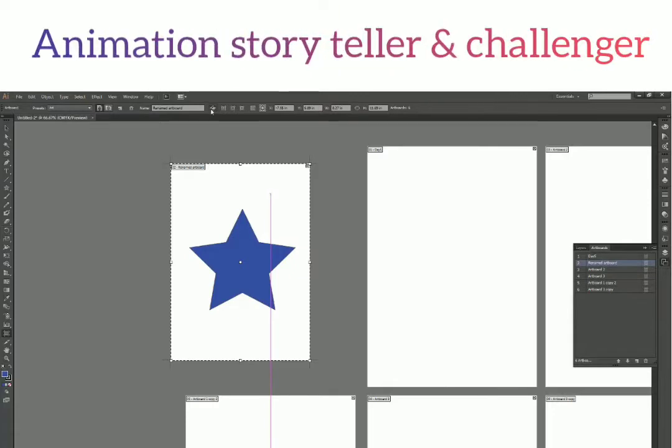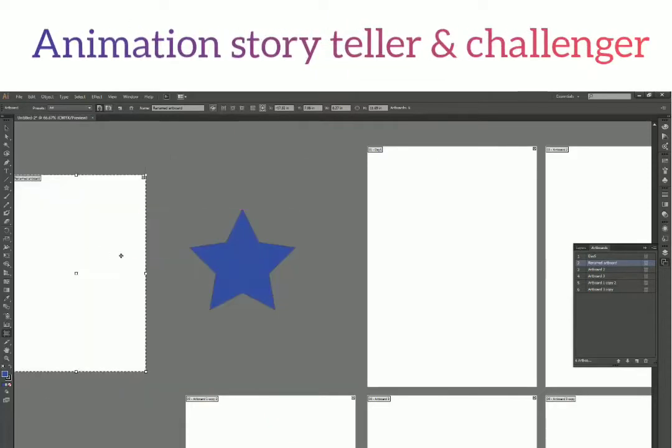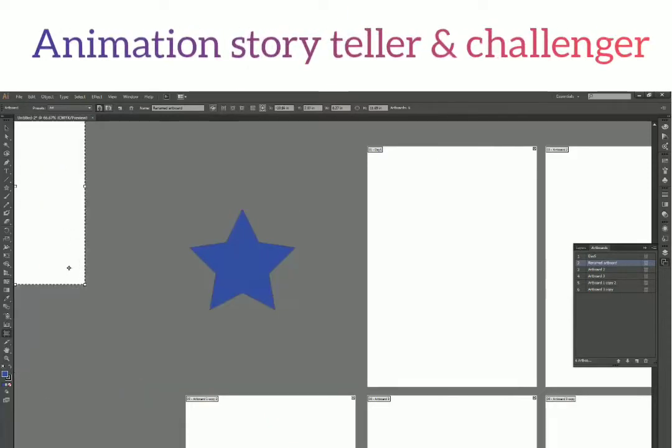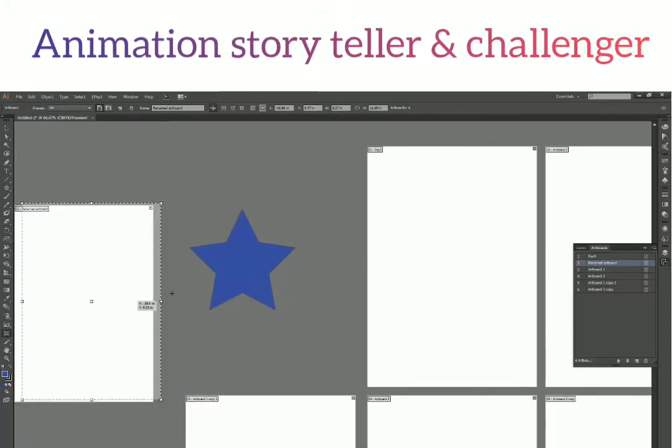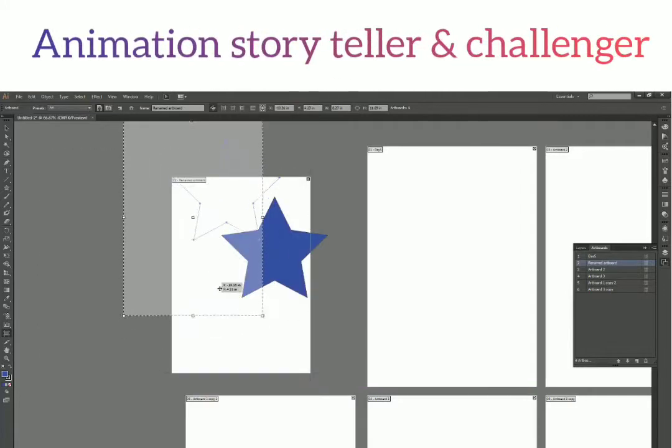But if I uncheck this button which says move and copy artwork with artboard, then when I'm moving my artboard, it leaves my design behind. So it depends on you. It depends on the kind of work you are doing. If you just want to keep your work in a single place and you don't want it to be disturbed, and you have something linked from multiple artboards, and you don't want to change your shape's position, then you can turn off this option. Otherwise, you can just click on this option and it will move your artwork along with the artboard.